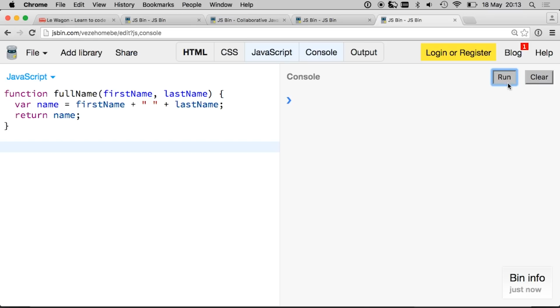So I click on run and I see nothing. In fact, nothing happens. Because here I just defined a function. I just said, okay, here's a nice piece of code that you can remember for future usage. But that's it. It doesn't execute anything. But if I write that,